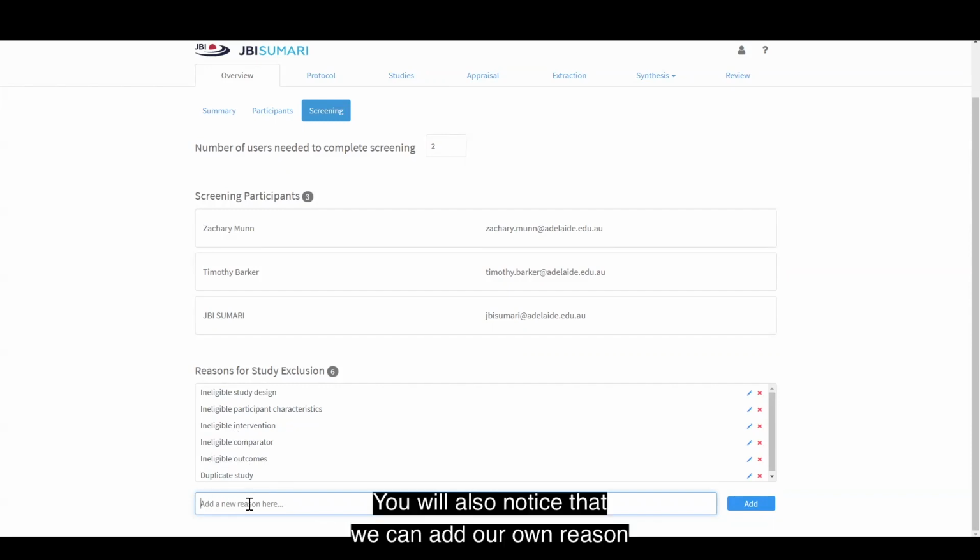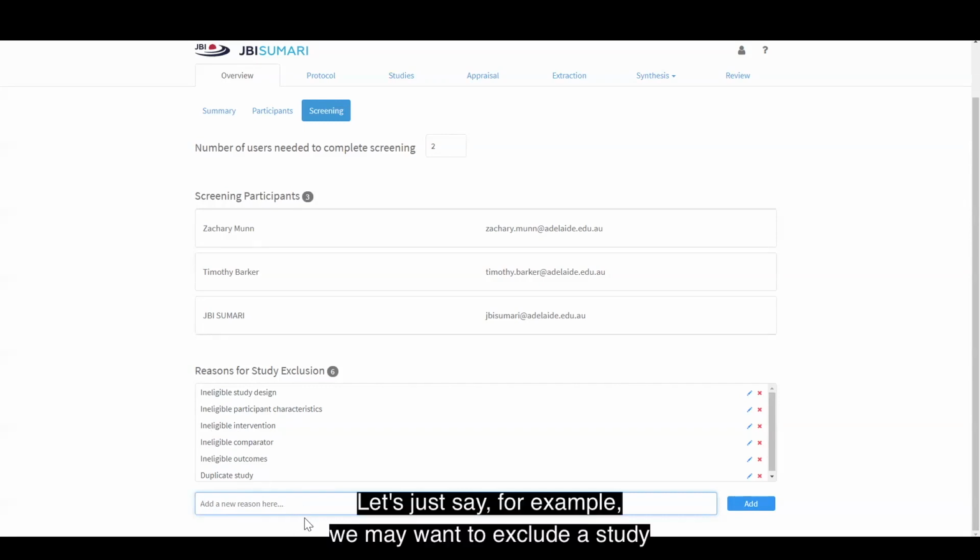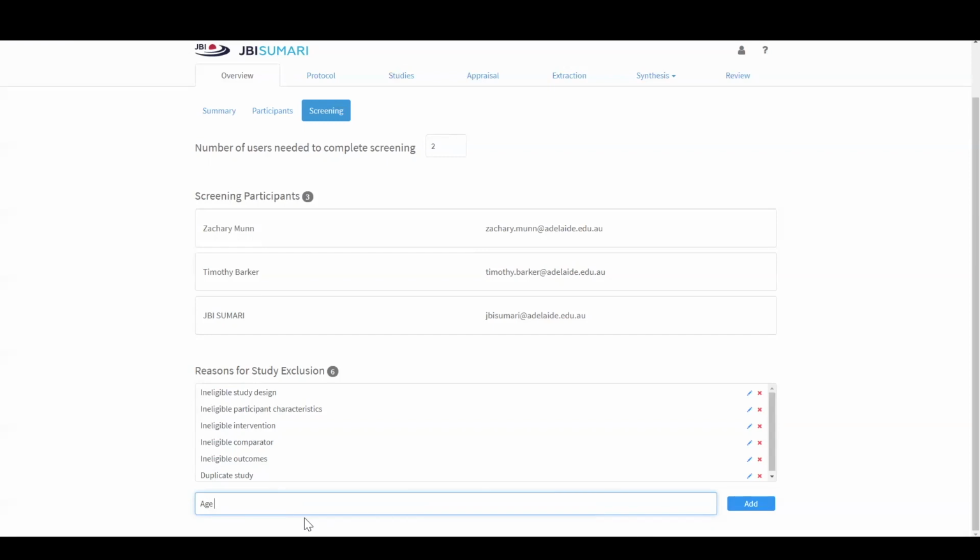You will also notice that we can add our own reason that we may want to exclude a study. Let's just say, for example, we may want to exclude a study because they had not the appropriate age of participants. So, for example, we could do age of participants